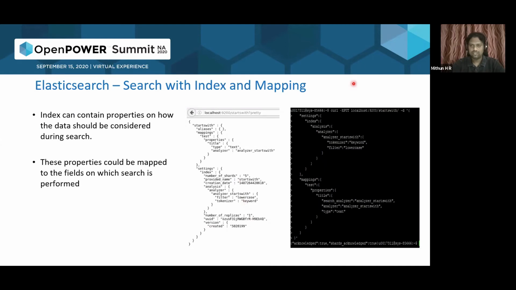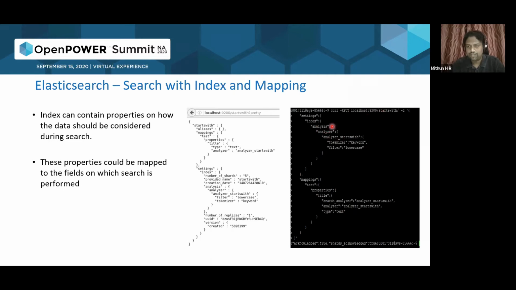So this particular deck deals with how the indexes and mapping have been created. Here we have this particular section, which shows how the initial configuration has been created in Elasticsearch. I have taken an example here. We have created a curl request. There is basically a curl which is creating something called starts with, which is an index name which we are creating.